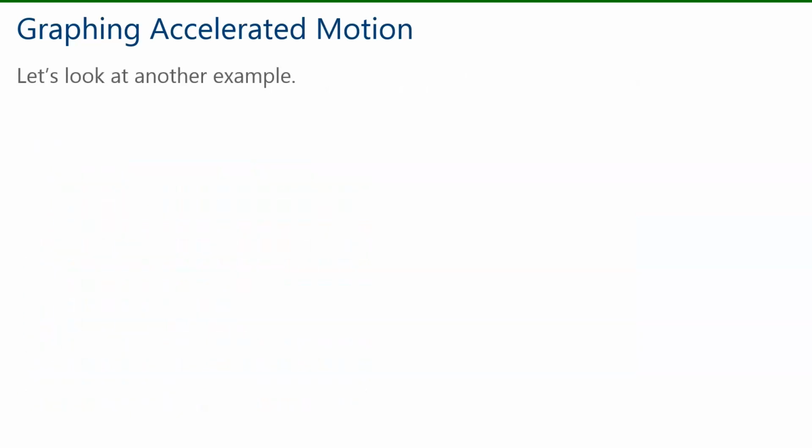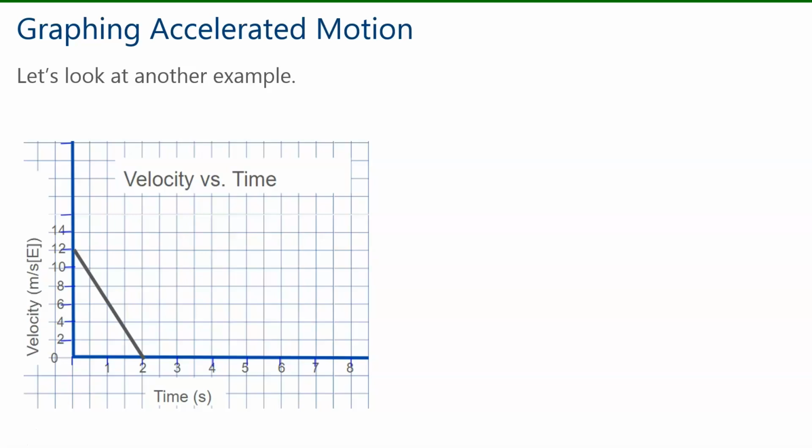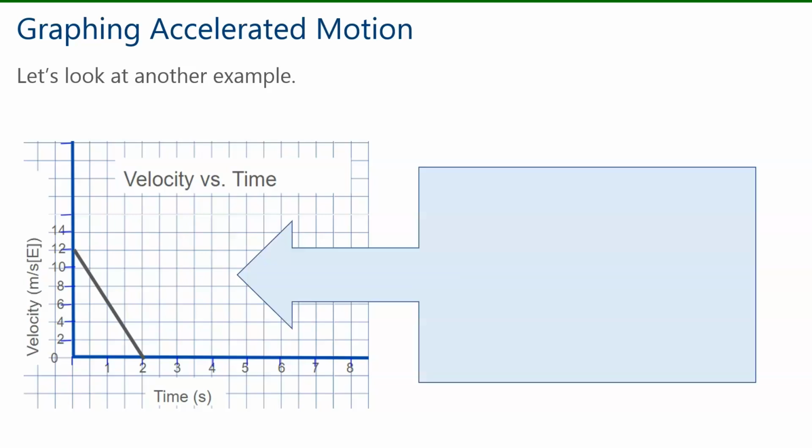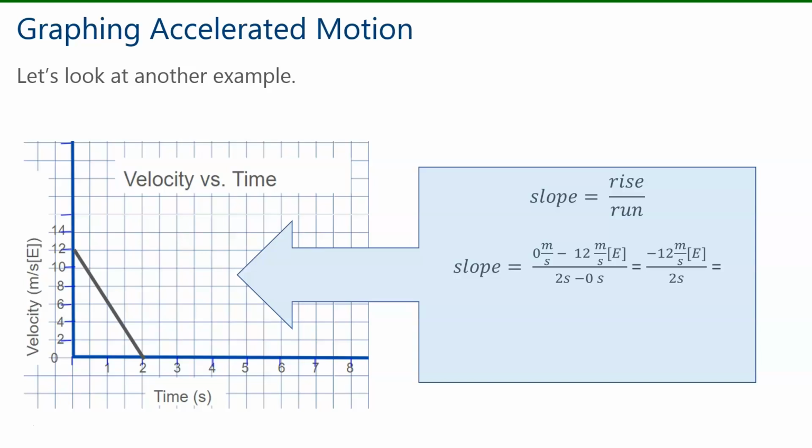Let's look at another example. So we're going to find the acceleration from our velocity time graph. That means we need to find the slope. In this case, a triangle has already been formed, and we know the slope is rise over run. How much it rises up is 0 meters per second minus 12 meters per second east, which is negative 12 meters per second east. How much it runs across is t2 minus t1, so we have 2 minus 0 seconds